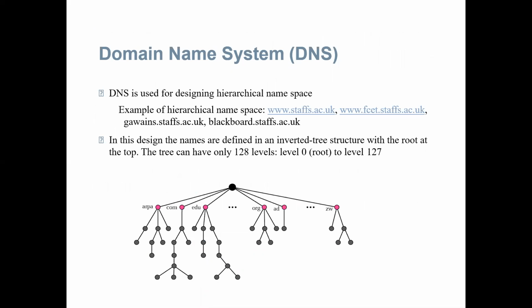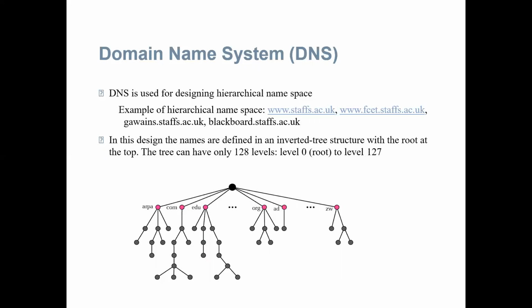This is the Domain Name System, and DNS is used for designing a hierarchical namespace. Then what is a namespace? To be unambiguous, the names assigned to machines must be carefully selected from a namespace with complete control over the binding between the names and IP addresses. In other words, the names must be unique because the addresses are unique. A namespace that maps each address to a unique name can be organized in two ways, flat or hierarchical.